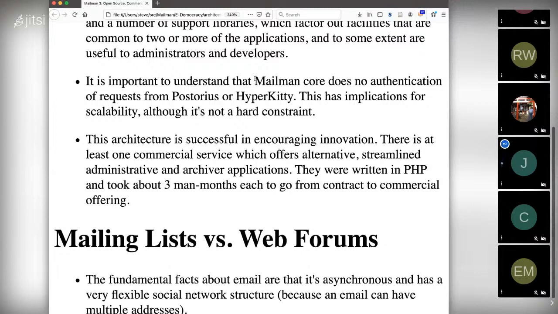So, I mean, how do the social networking features work? It seems like it'd all have to be self-contained in there. Like you'd have to send and view them and do everything from within the app, wouldn't you? Well, the social networking features, this is the term that the HyperKitty developers used. And what they meant are being able to like archive posts and to add Twitter icons and stuff like that.